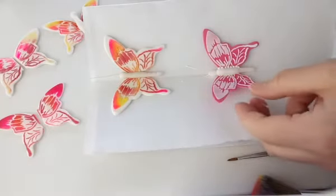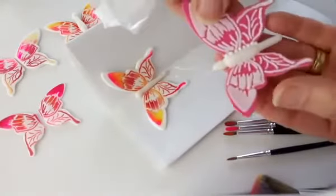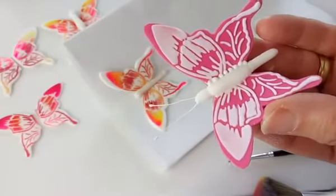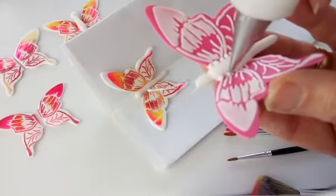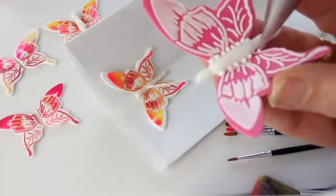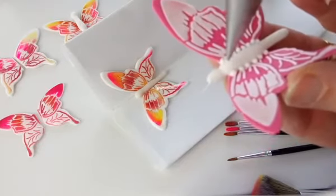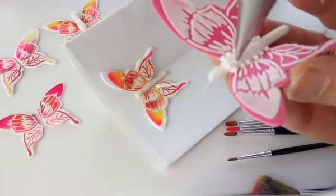Now, I'm actually going to pick this up, I think, because this one's all set. I'm going to pick this up and just show you. So if I bring this in, hopefully the camera will focus, and I'm just going to pipe some little dots here. Now I will bring in the main cake and show you how I've done it all over the ones on my cake. Now that just helps secure it, and then because this butterfly that I was copying or looking at for inspiration